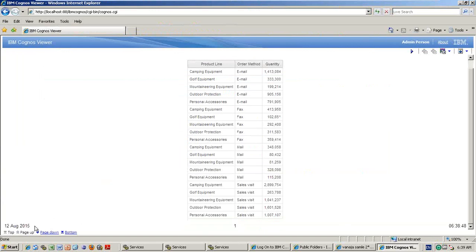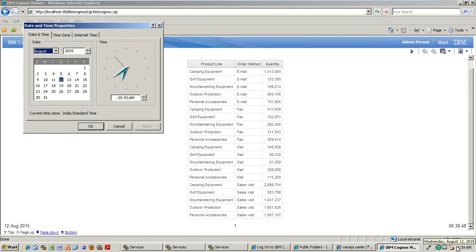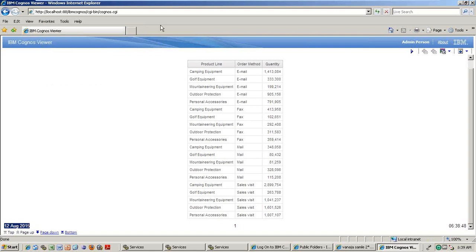You see now, 12th August 2015, because this server is installed in my machine. And page number is 1, that means first page. And the timing is 6:38.48.